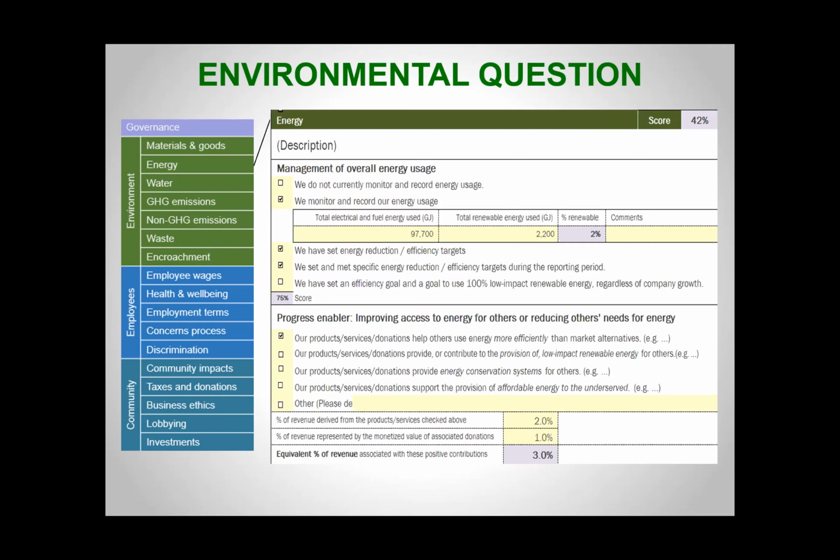Any questions on that? So someone was asking about data points before. There are 2 data points. How much energy are you using? And how much of that is renewable energy? 2 data points for this one. In the entire spreadsheet, I think there are 42 data points. It's under 50 data points that are asked for. So it's very explicit, and I try to keep it really, really simple.